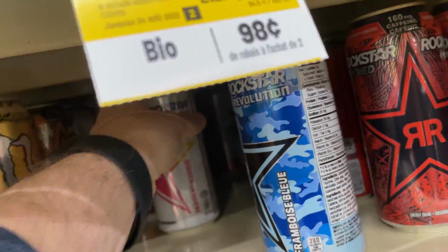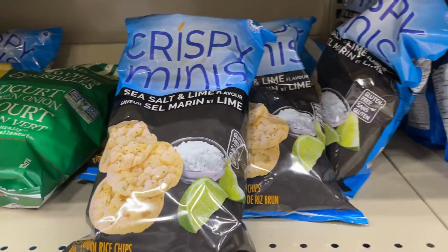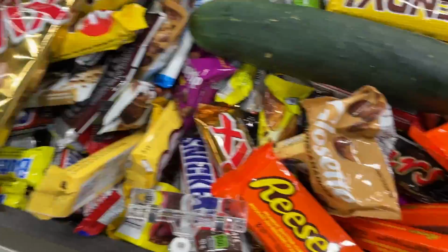Like these things. Cookie Monster. I love these things. Cucumber. What the